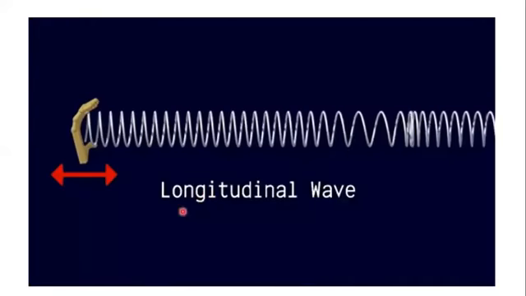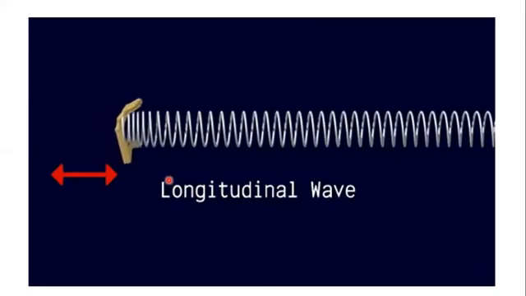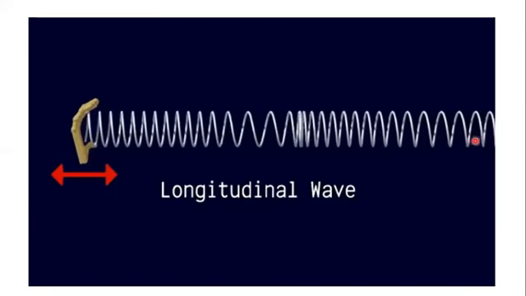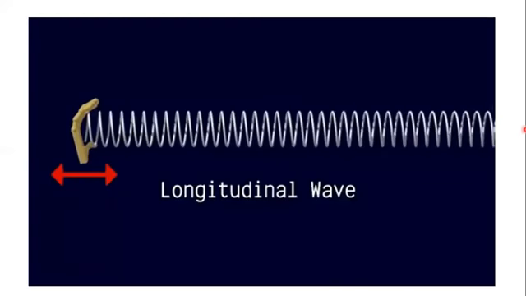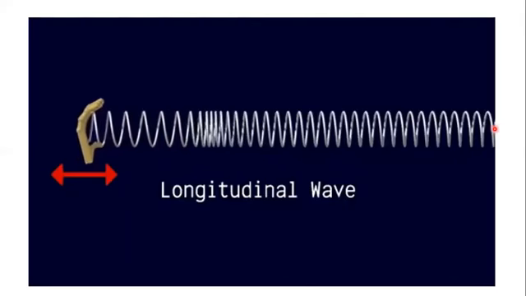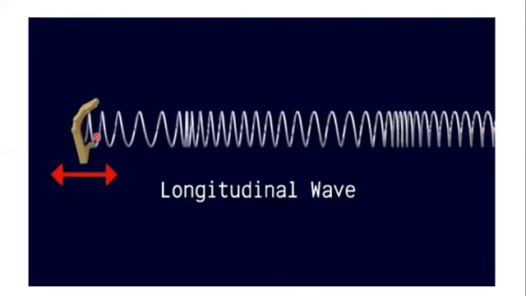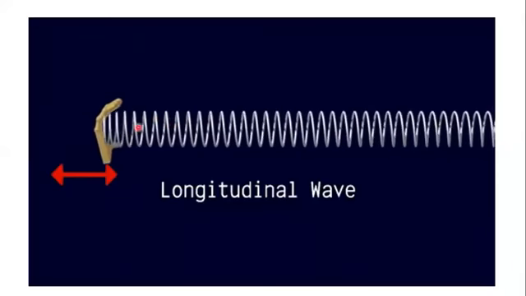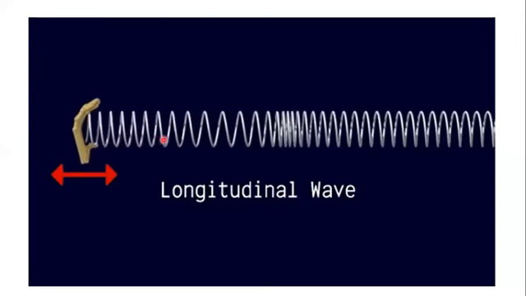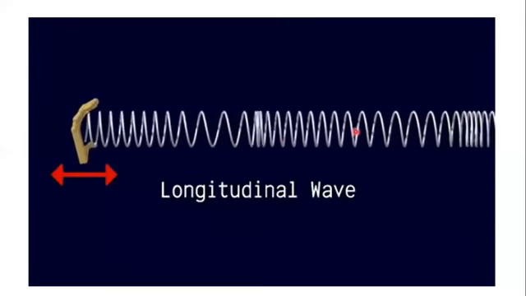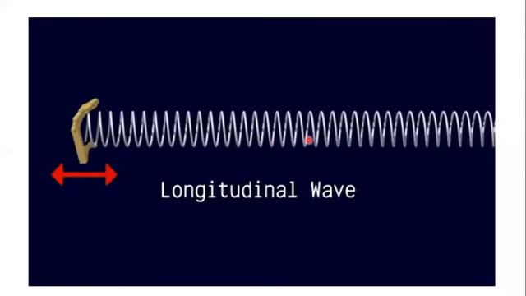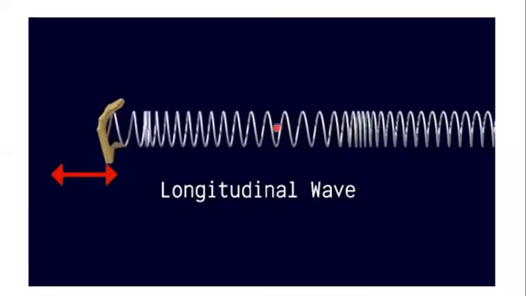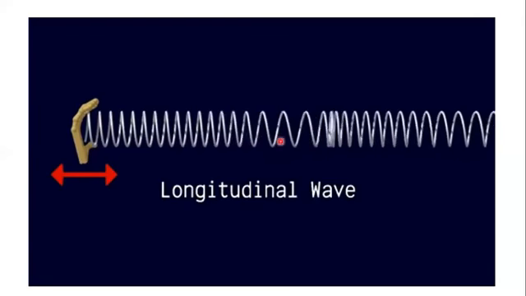Longitudinal waves. Longitudinal waves can be produced on a string or slinky. Fix one end of the slinky with a rigid support and hold the other end in your hand. Now give it a regular push and pull in the direction of its length. A series of disturbances in the form of waves will start moving along the length of the slinky.